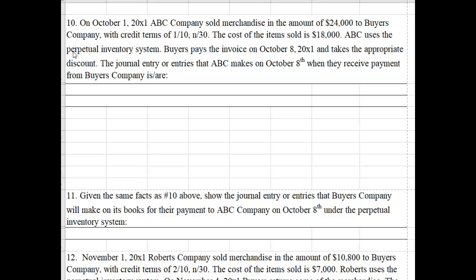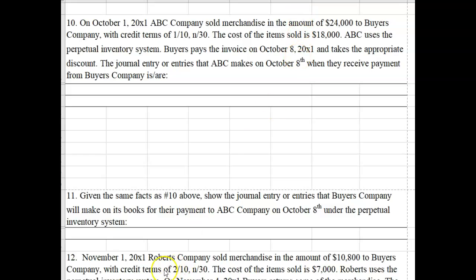Now, when you run across something where there's an original transaction and then something that happened a little later, and it says specifically what is the journal entry on October 8th, then don't write the journal entry for October 1st. Only write the journal entry for October 8th. So pause the video, write your journal entry that ABC would record when they receive payment from the buyer